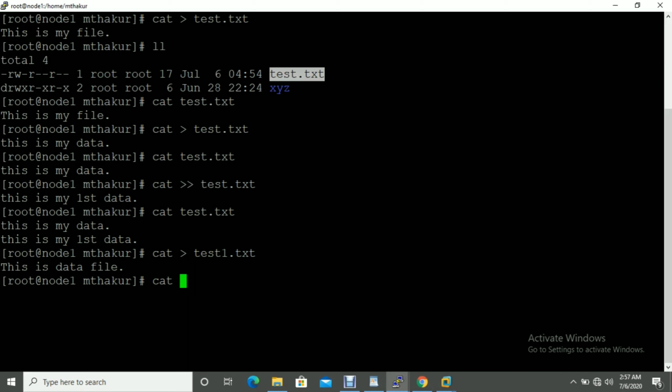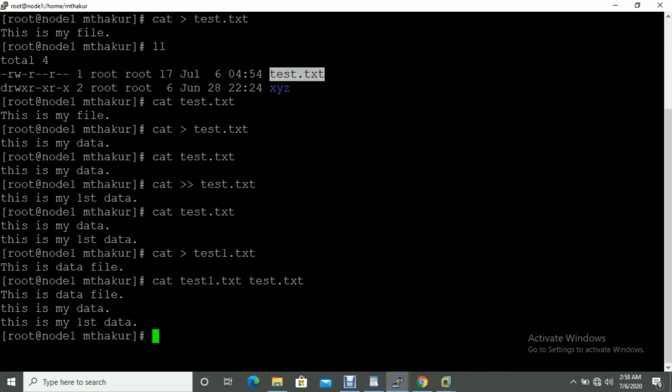You have to use cat and the file names. So I'm going to use test1.txt and test.txt.